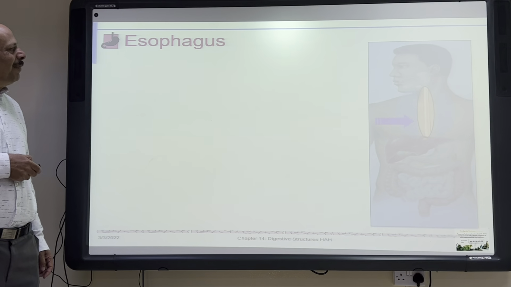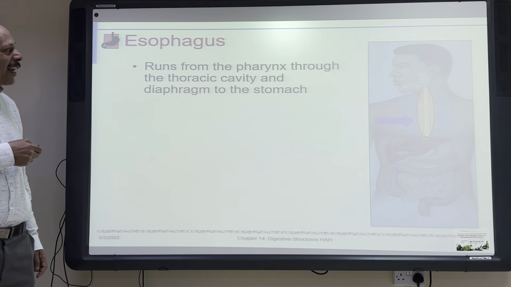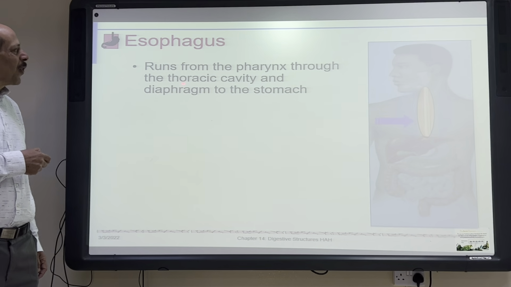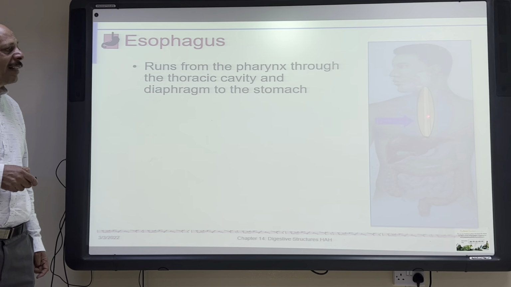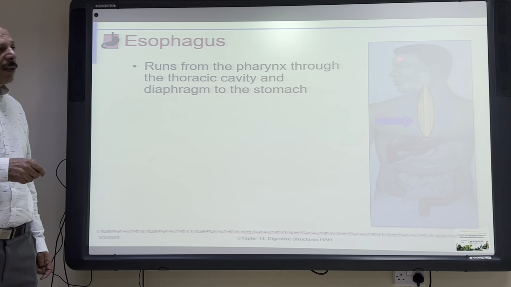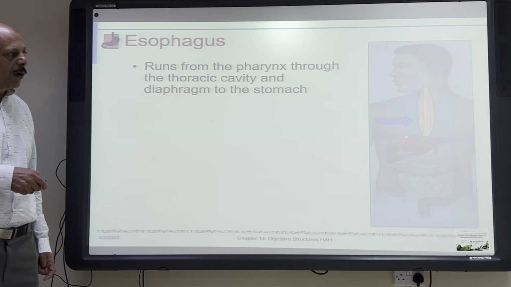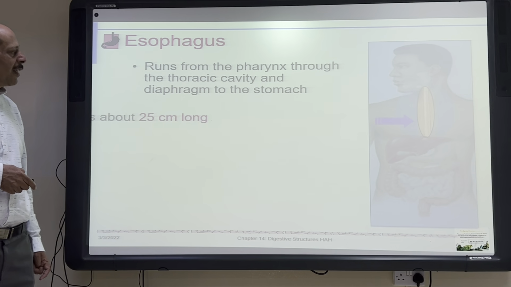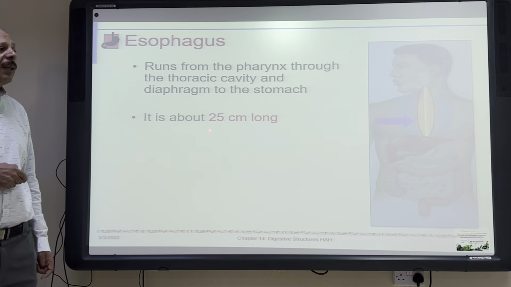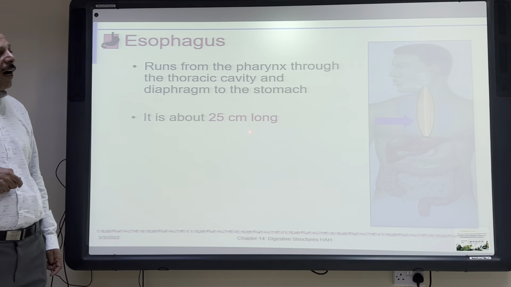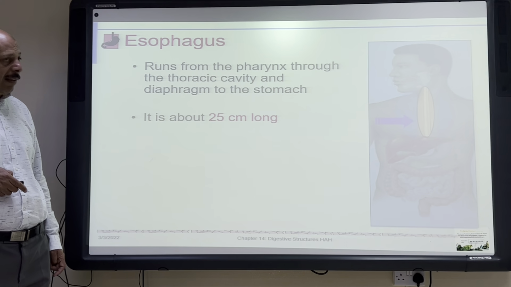So the esophagus here runs from the pharynx through the thoracic cavity and diaphragm to the stomach. It is the pathway of food that is swallowed in order to go to the stomach. Its length is around 25 centimeters. So we will stop now,